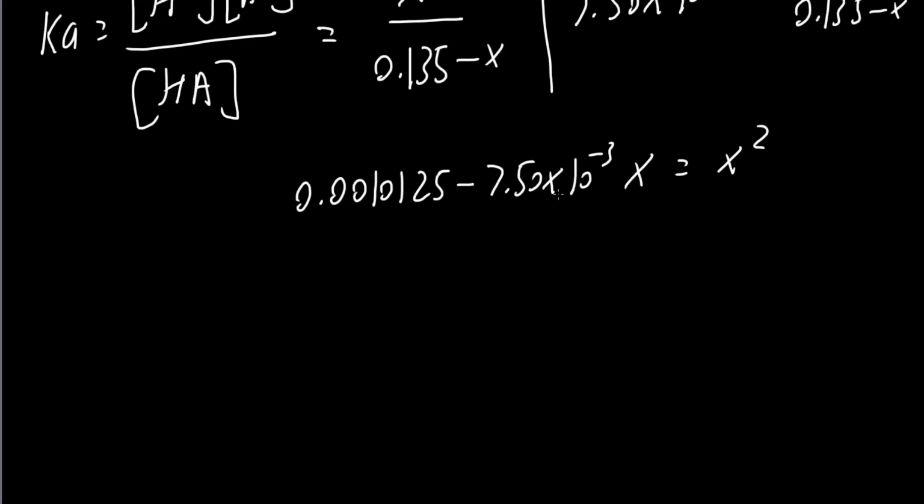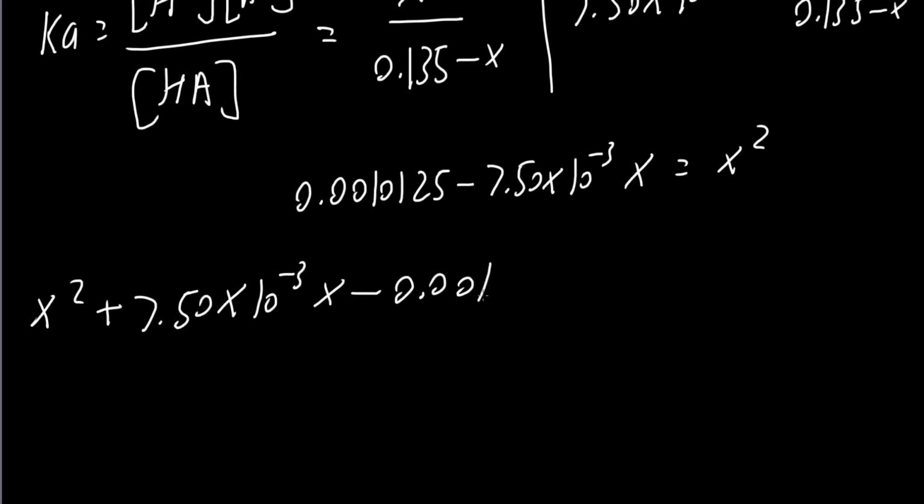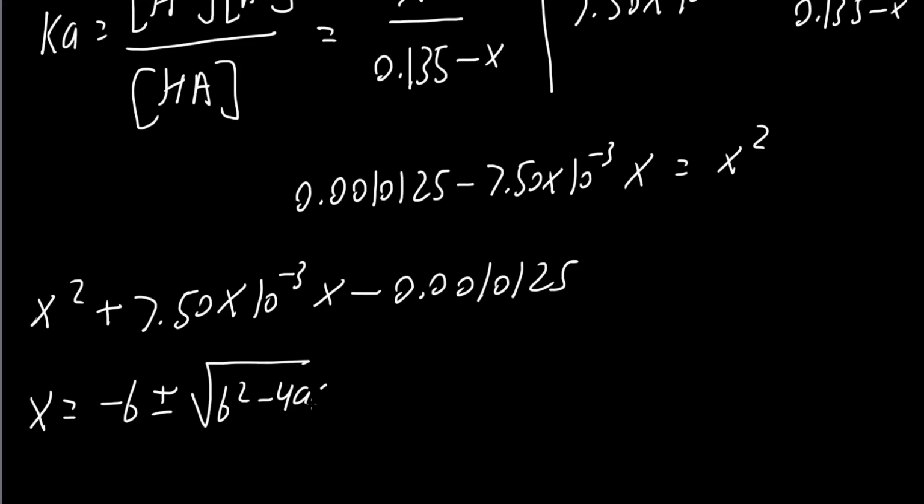If we rearrange this a little bit, we would get X squared plus 7.50 times 10 raised to negative 3 X minus 0.00100125, and now we will use the quadratic equation. So X is equal to minus B plus or minus the square root of B squared minus 4AC, divided by 2A. We would get negative 7.5 times 10 raised to negative 3 plus or minus the square root of